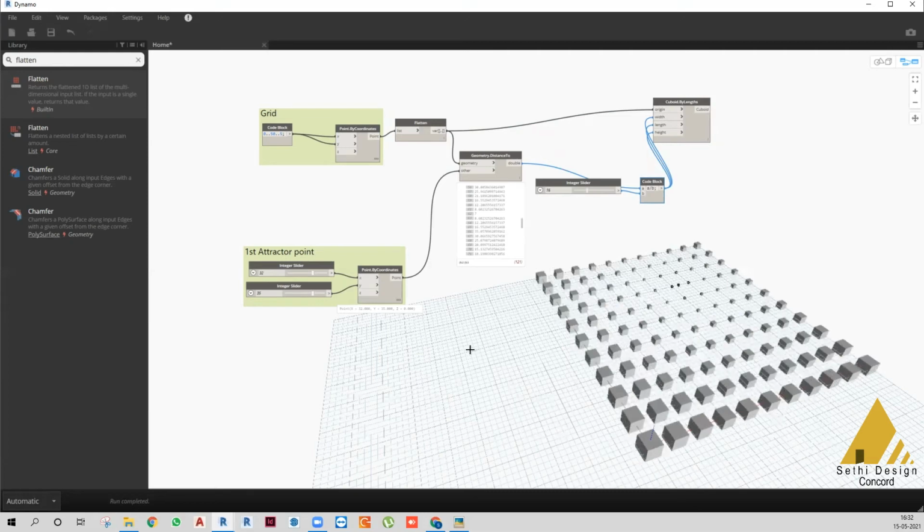Okay, this looks good. So this attractor point will be your only input to change the gradient,